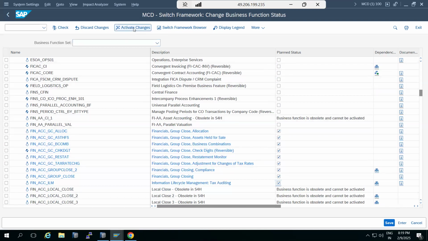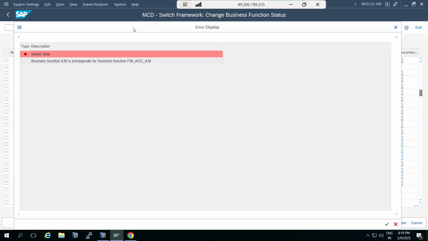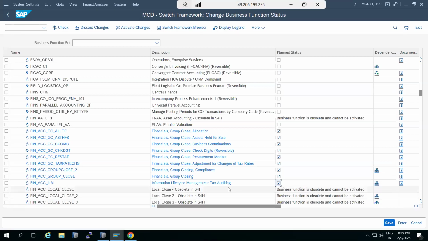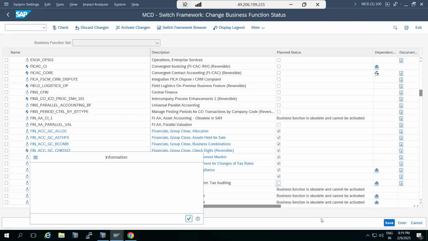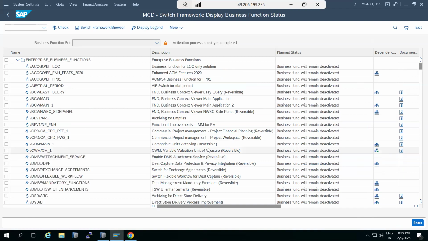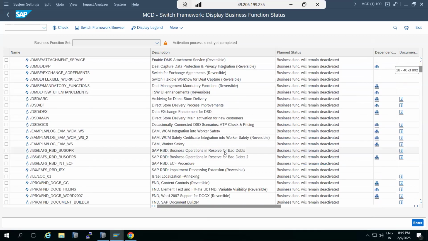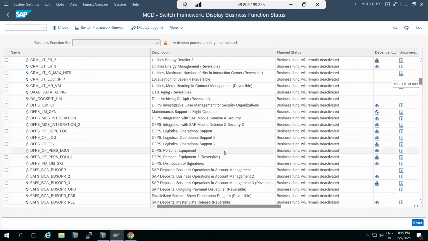Click on activate changes here. It requires the business function. So there is a dependency you missed, ACC ILM. That dependency you need to select again. ACC ILM. So the related thing you need to activate here like this. Then you can just activate it. A job will be scheduled in the backend, so that after the job is completed, all the functionalities will be activated. So in this system, you may want some sales-related, some manufacturing-related, some utilities-related